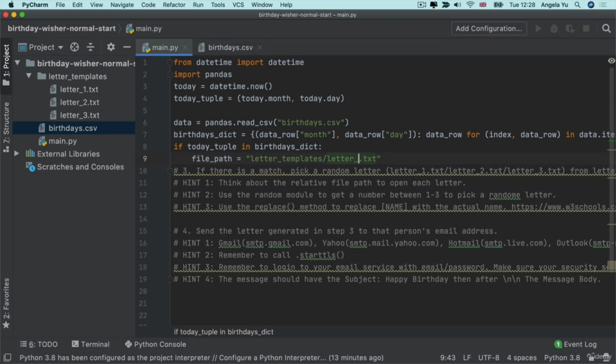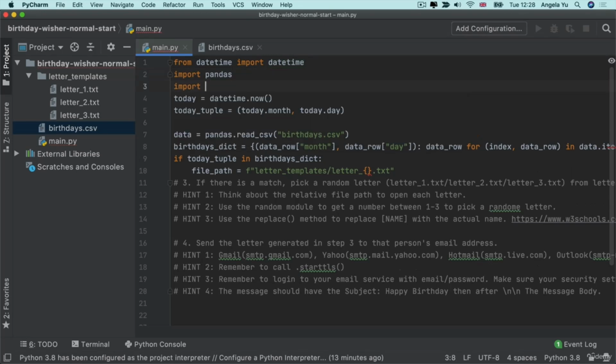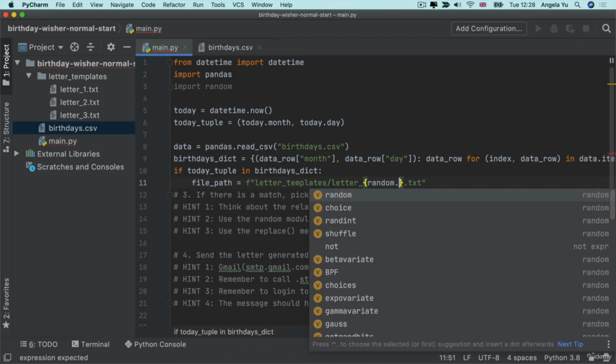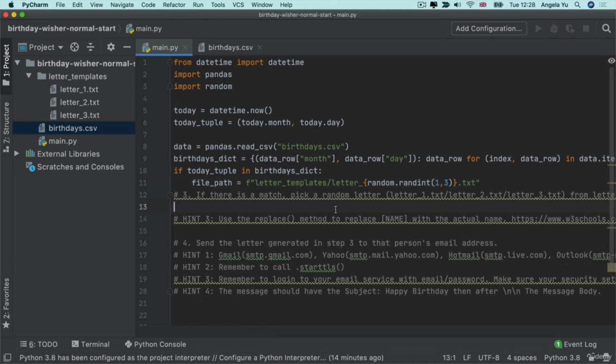In fact, this particular number is going to be something that we're going to generate randomly, and we're going to put in there as an f-string. So I need to now import the random module in addition to everything else. And we can go ahead and call the random module and get a randint between 1 and 3. Like this. So now we've completed these 2 hints, and finally we're going to use the replace method to replace